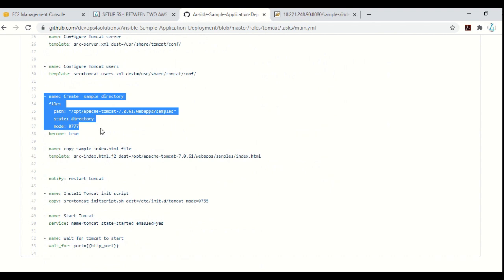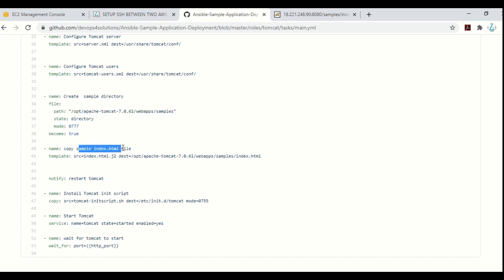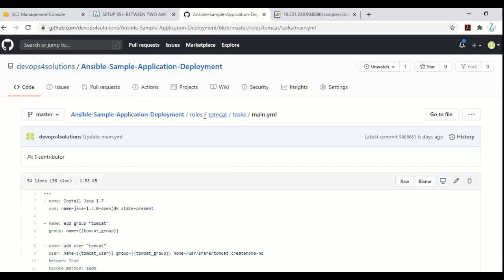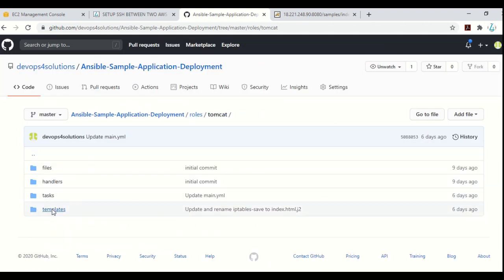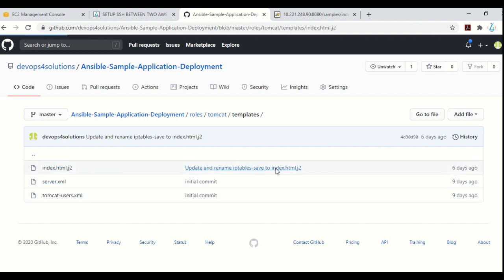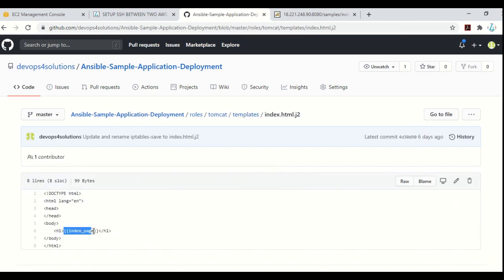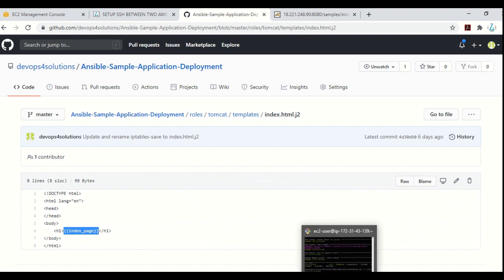And here is the sample directory that I have created just to show you. Obviously, in your Tomcat, mostly you would have some war file to put there, but here I am just putting the index.html. So I created this directory and I'm copying this sample index.html here, and there I'm using the template. If I show you the template, this is the template index.html, and here it is taking the variable. So at runtime it always takes the variable according to the environment.